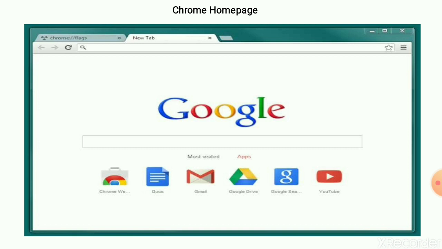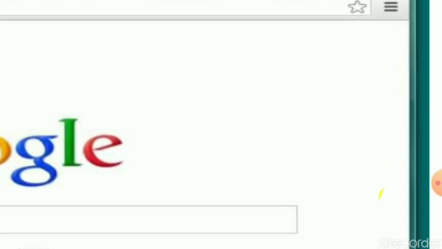On the Google Chrome homepage, you will find a search bar, and below it you will find the apps related to the Google family. And in the right corner, you will find that most of the options are accessed through the Customize and control button located on this right corner.